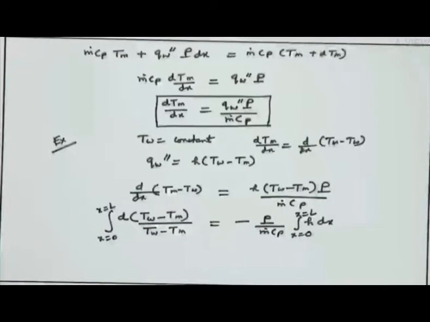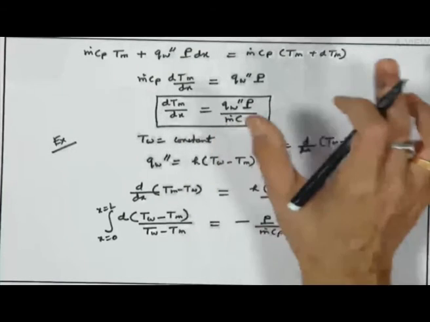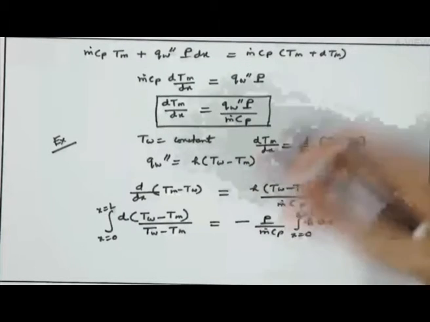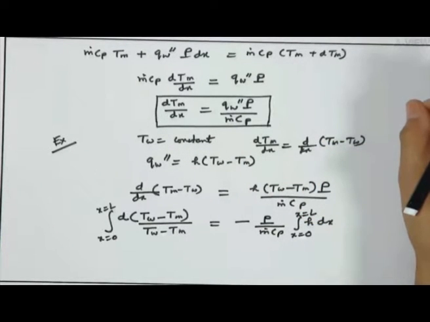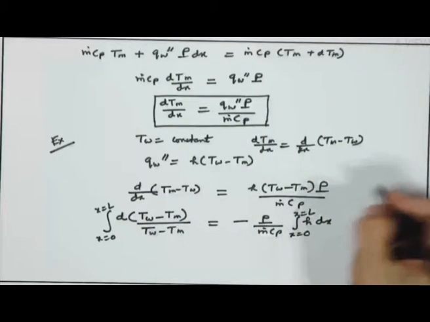This is a very interesting example where we are not committing whether the heat transfer coefficient H will be a constant or a variable, because we are nowhere claiming that it is a thermally fully developed flow. We are writing this just from energy balance, and it does not matter whether the flow is thermally fully developed or not. We will come to the special consequence of thermally fully developed flow in a moment, but let us assume for the time being that it is not thermally fully developed. It may or may not be.